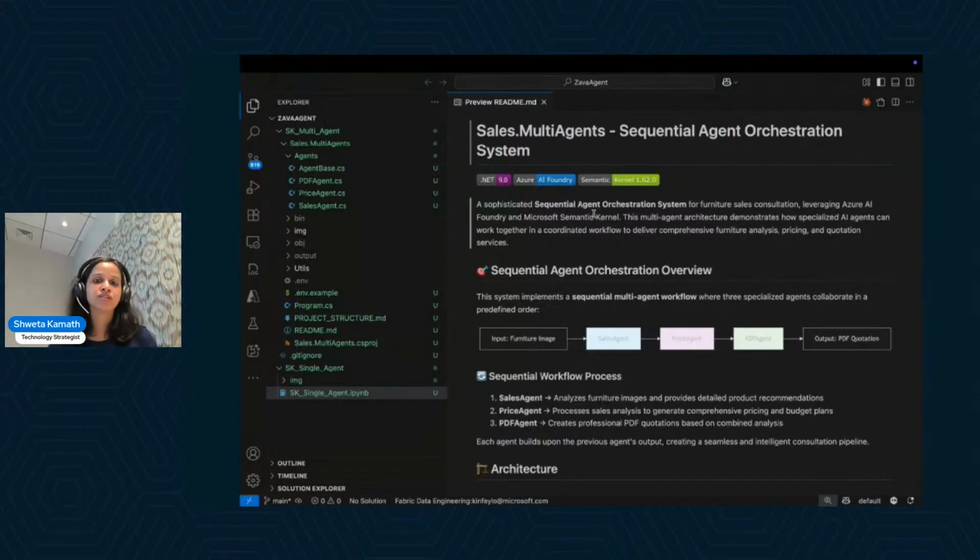So this can work seamlessly without any intervention of a human being in between. You can just upload an image, the agents work amongst themselves, and they can actually generate a PDF quotation for you. So if you see here,